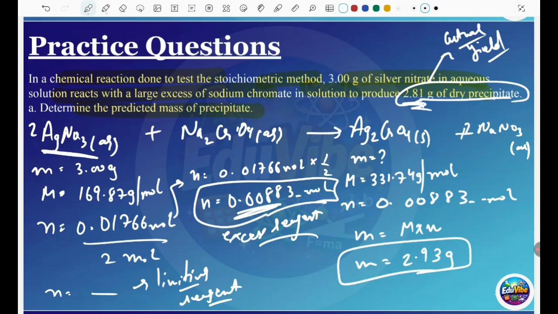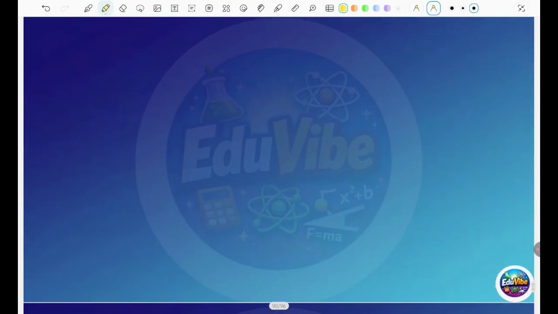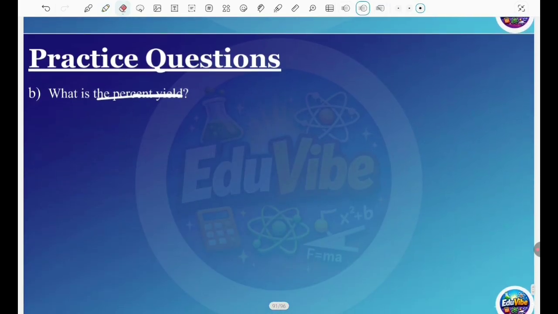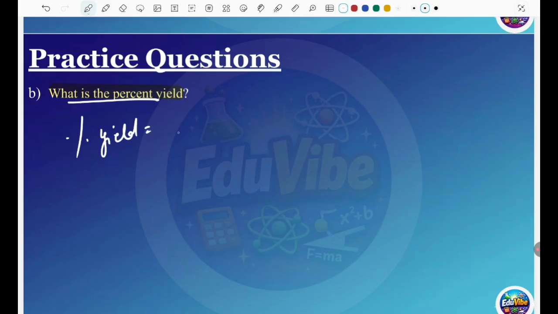It's near about 2.81, but this one is your experimental value, or you can say this is a predicted value. So now you can do your formula to find the percent yield, which is the actual upon predicted. So what's the actual? 2.81 grams